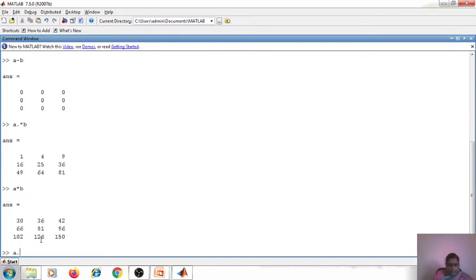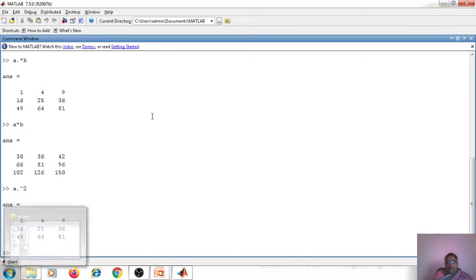Then it is A dot power. So again this is element by element powering. Elements get multiplied one element by one element as it goes on. So that is what we call element by element. The conditions will remain the same whenever you are performing addition, multiplication. So the conditions are going to remain the same for the array as well as for the matrix.